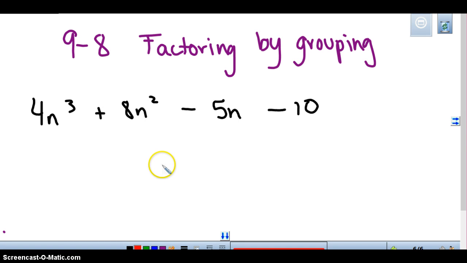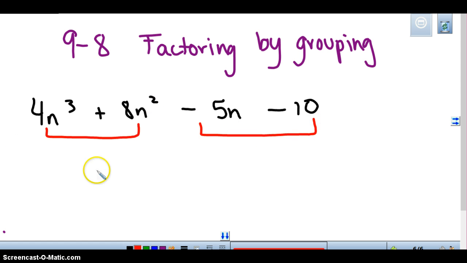When we're factoring a four-term polynomial, we have to factor by grouping, and we're looking for a common binomial. So we're going to group these first two terms and group these two terms. What can I factor out of 4n cubed plus 8n squared? 4n squared. So 4n cubed divided by 4n squared is n, and 8n squared divided by 4n squared is